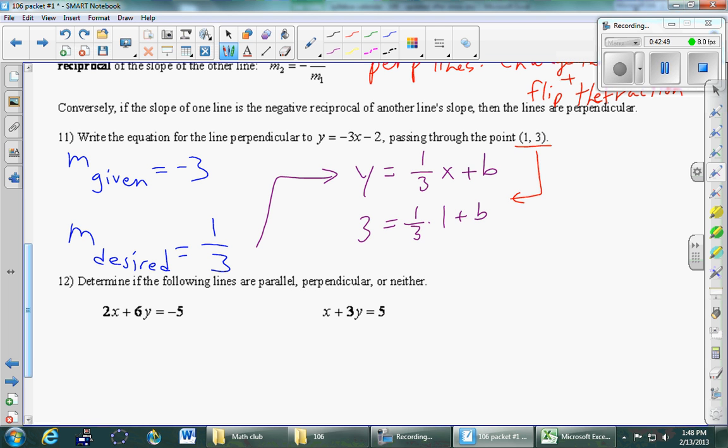Okay, this one's kind of messy because it has fractions, but we can handle that. Let's just push through. So 1/3 times 1 is just 1/3. How do we move the 1/3 over? Subtract it. So I'm just going to write 3 minus 1/3, but then we're going to write that in a better way. Okay, the easy way is to say that this is 2